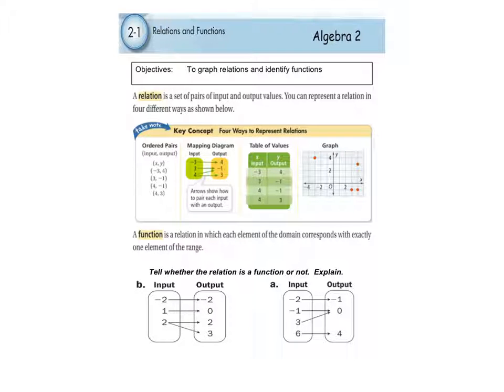And it says here, a function is a relation in which each element of the domain corresponds to exactly one element of the range. Now, that's the fancy way of looking at it, okay? So as I'm going through here, I'm going to give you a little bit easier definition of this. So what you're looking for is, if it's a function,